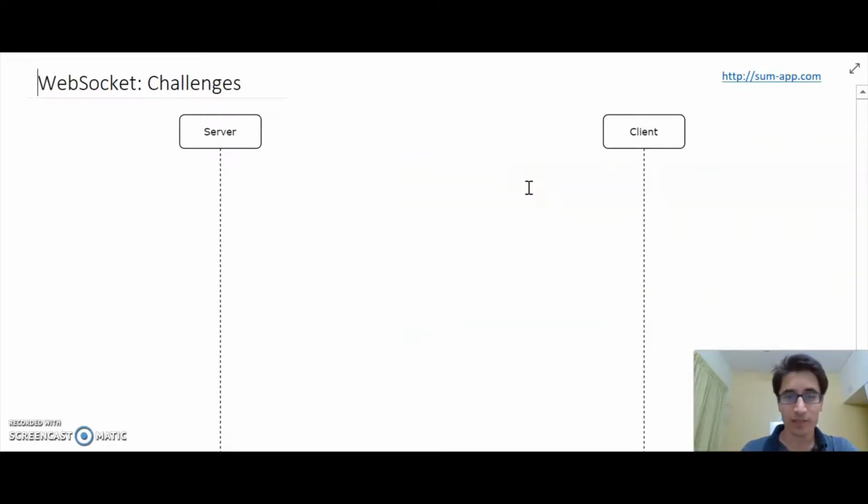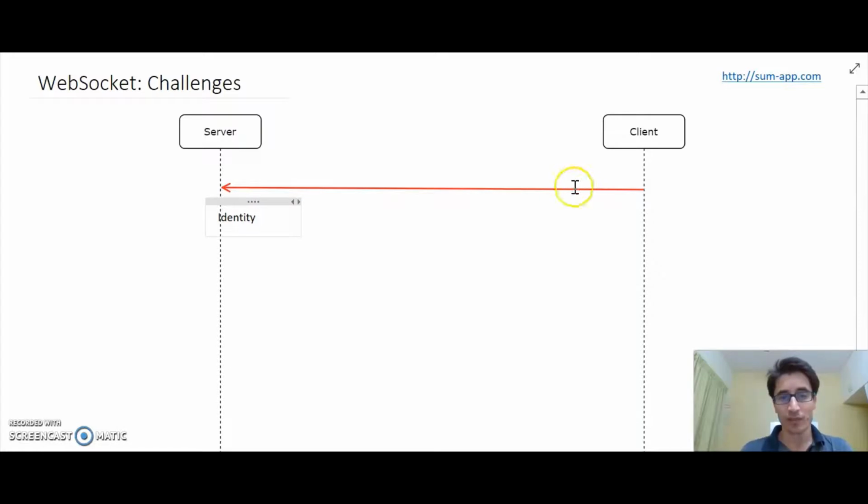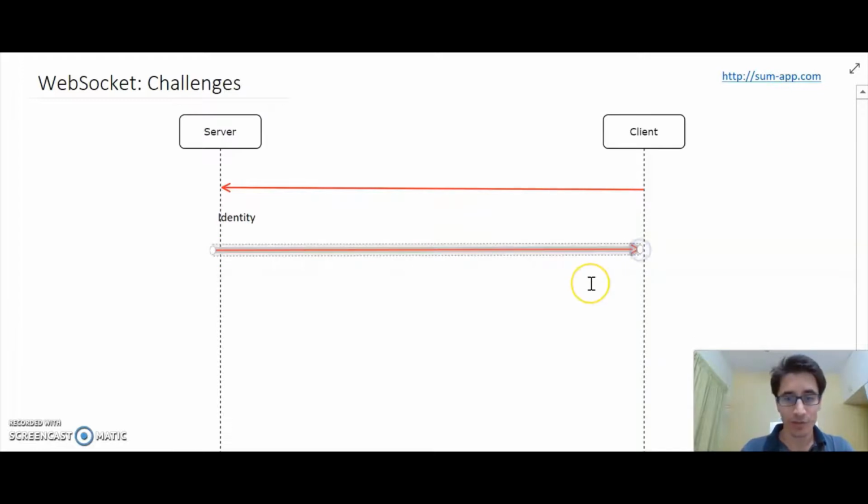So from a client server perspective, a typical WebSocket implementation is initiated by the client to send the first message for establishing the identity of the user, and the server has to then manage certain attributes which would identify the client and keep them in the session buffer, and then the messages can be exchanged between the client and the server.